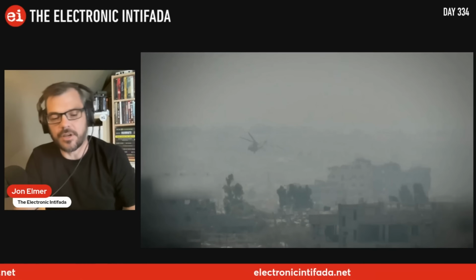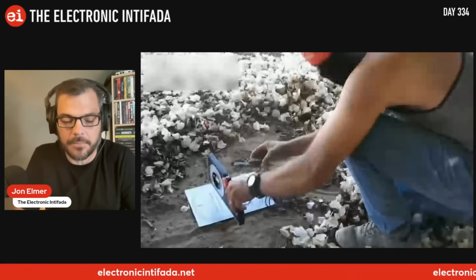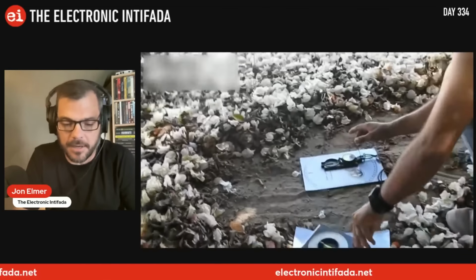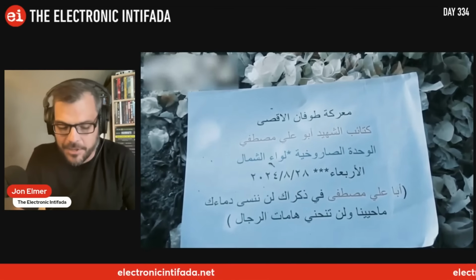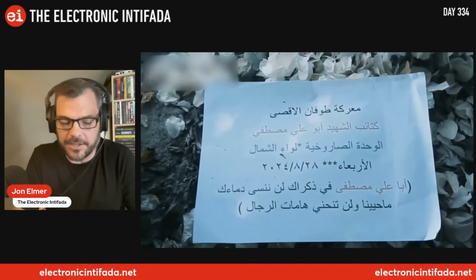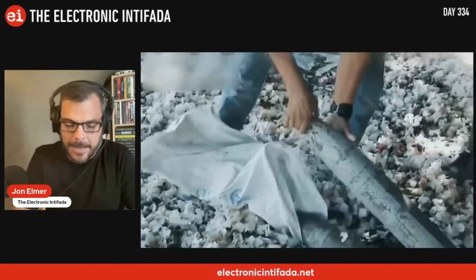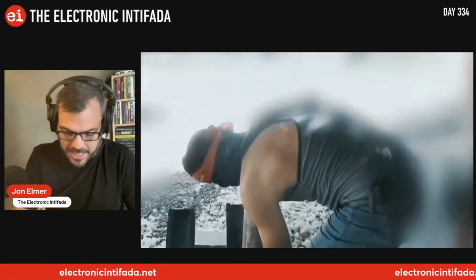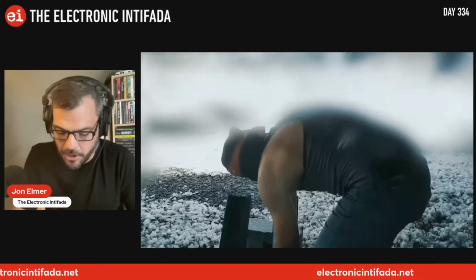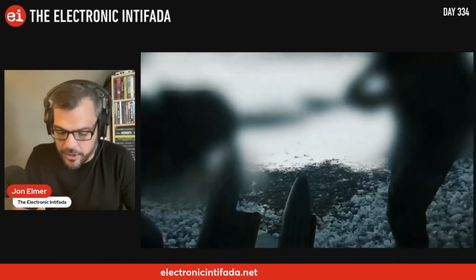So 2 Tal El operations, and then this one, number 14. This is a PFLP operation, Abu Ali Mustafa brigades. You're going to see them here setting up their rocket artillery, their 107-millimeter rocket artillery, and they're noting the fighters saying here, we don't have the volume on him, but he's saying that this is, where is he saying it here? On the anniversary of the martyrdom of our teacher and inspirer Abu Ali Mustafa, we renew the pledge and